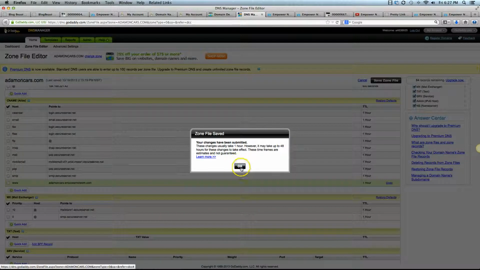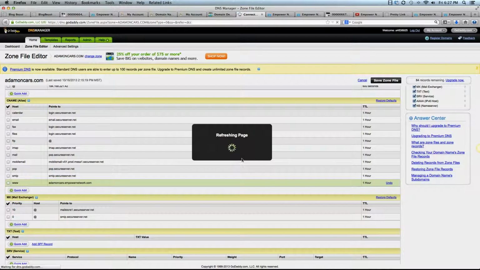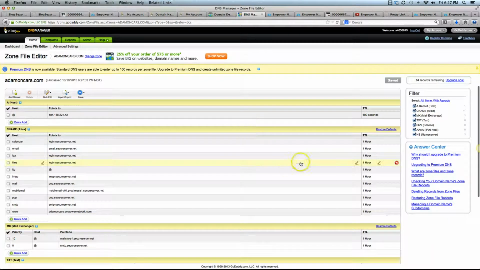So don't get frustrated and don't get disappointed if it doesn't happen right away, or if you come back a couple hours later and it still doesn't work, be patient. Web hosts vary. So the last thing that we need to do here before we go ahead and validate that URL mapping on the Empower Network side is we need to go back to